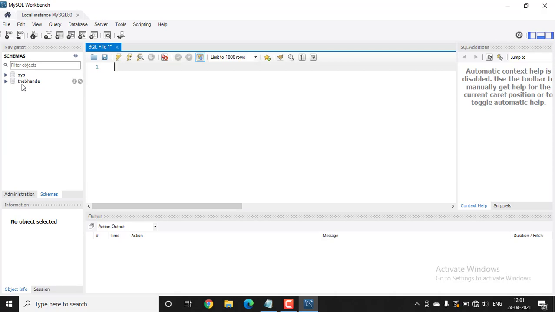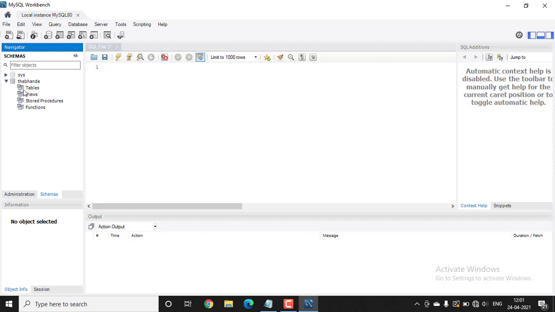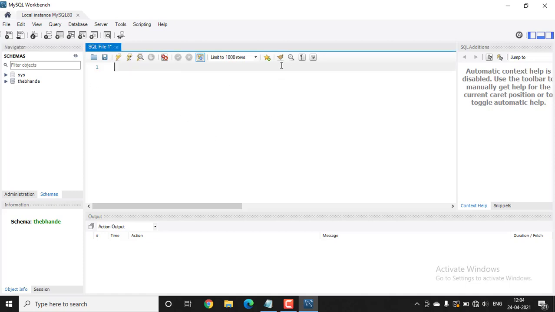In the last video we created a database named Bhande. We can see that database here, and there are no tables, views or anything in this database. This space is used for writing the code in MySQL, and this space shows the output.